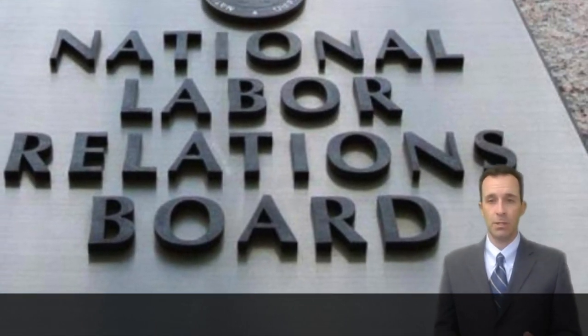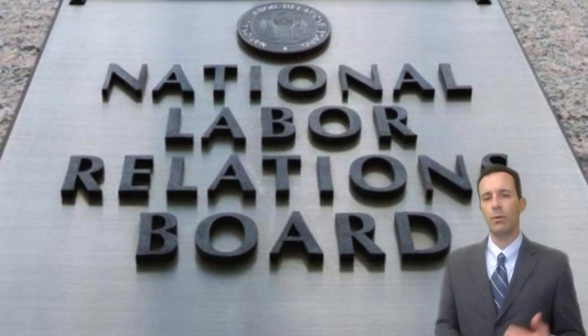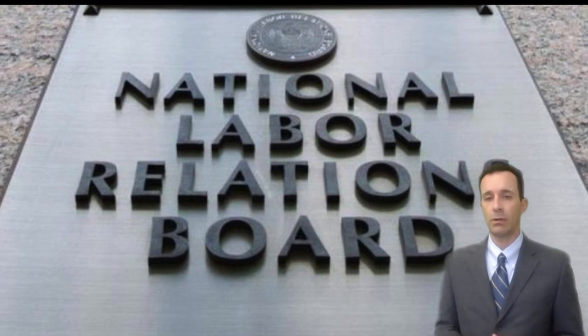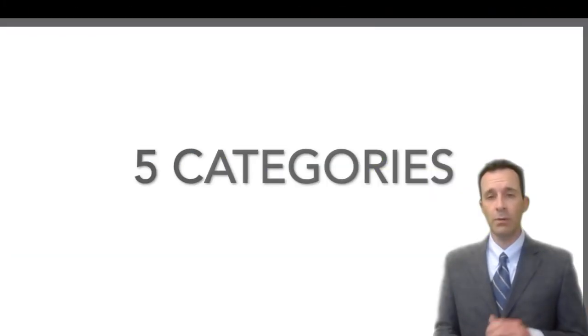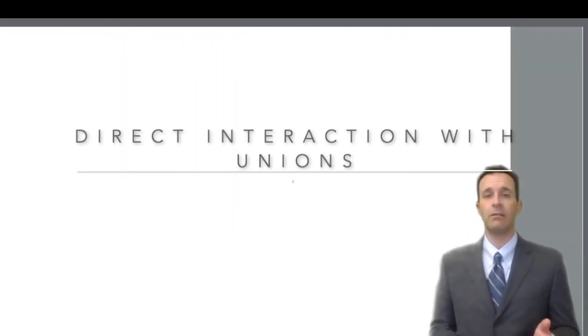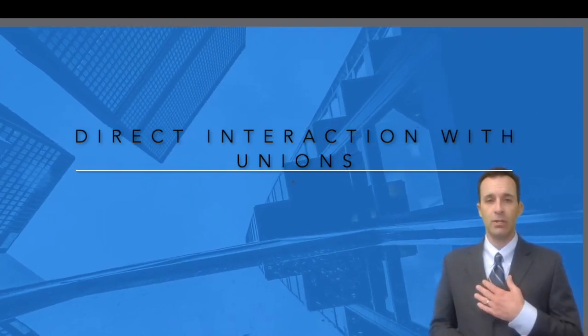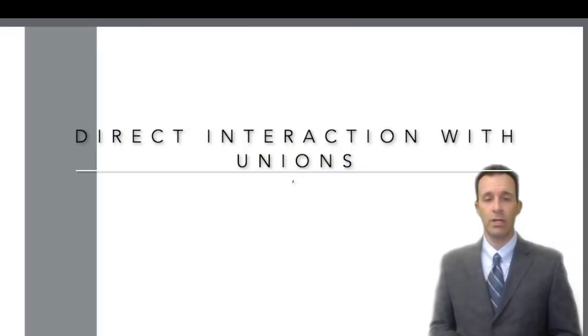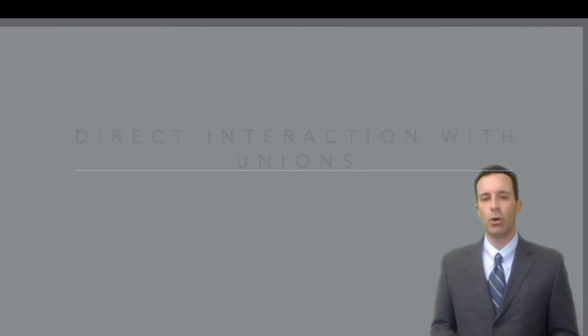However, for today's purposes, we're going to talk at a very high level just about what labor relations does and how we would most commonly interact with you in your capacity as a new supervisor or manager to the environment. So, generally speaking, we have 5 broad categories. First of all, the direct interaction with unions is the most common and easily understood. Our job in labor relations is to administer grievances and arbitrations, issue notices to the union about changes in the work environment, process requests for information, and also engage in bargaining.